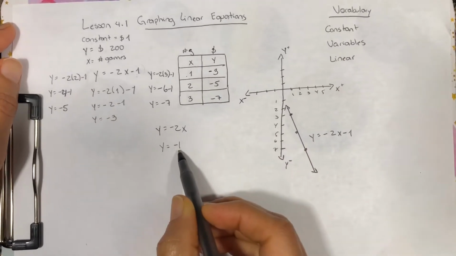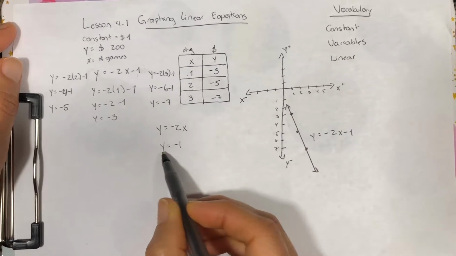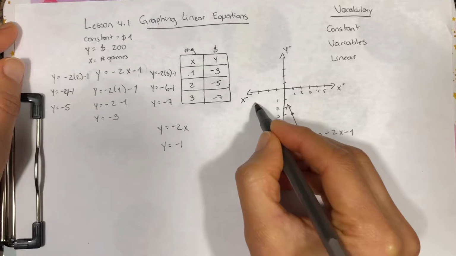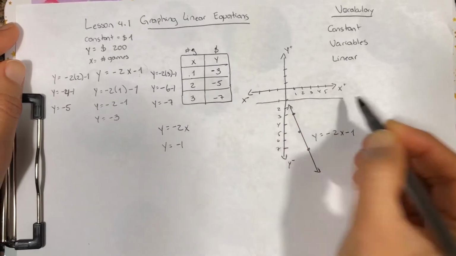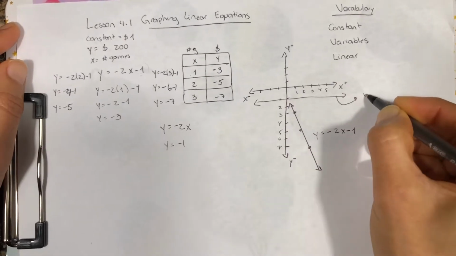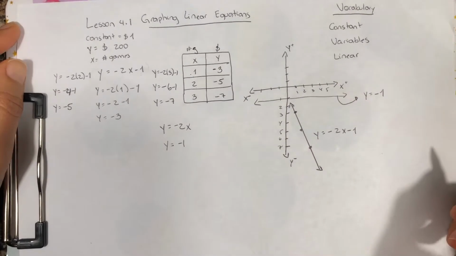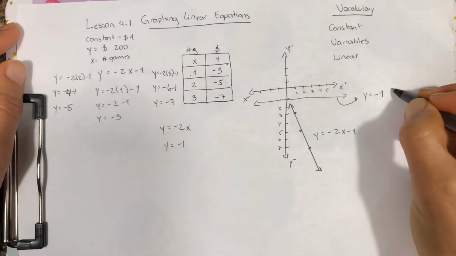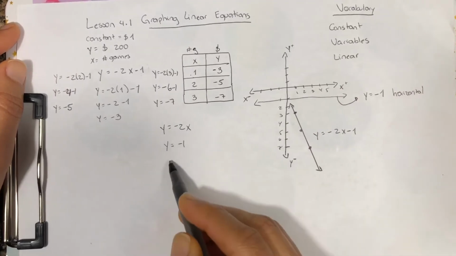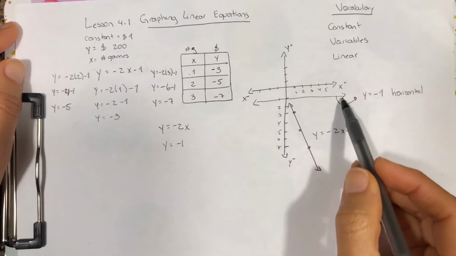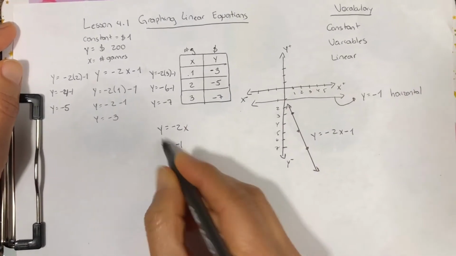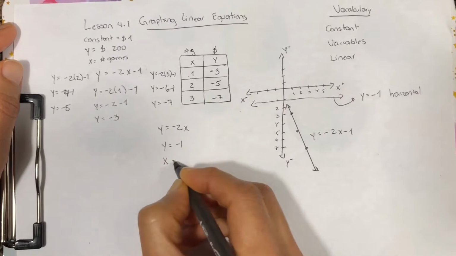What do we do here? It means that there are no x values. So you grab the number minus 1 on y and you graph it like this. It's minus 1 all the way. This is the graph for the equation y equals minus 1. There is no x value here. And you notice this is a horizontal line. So when there is no x, the line is a horizontal line. And sometimes you are given no y, like x equals,